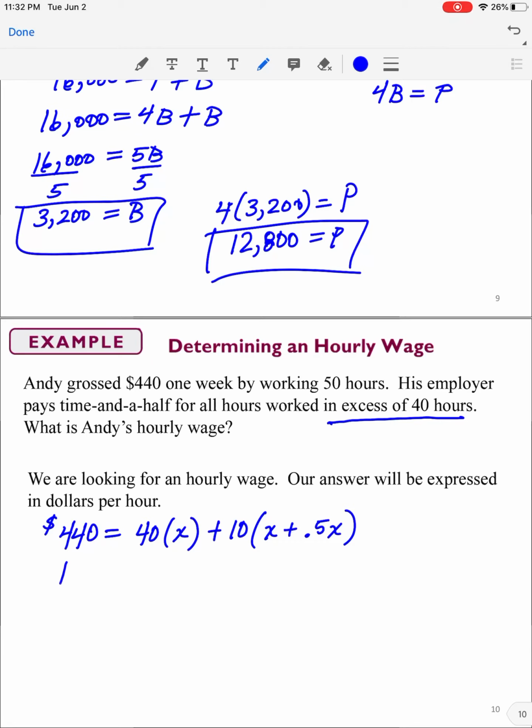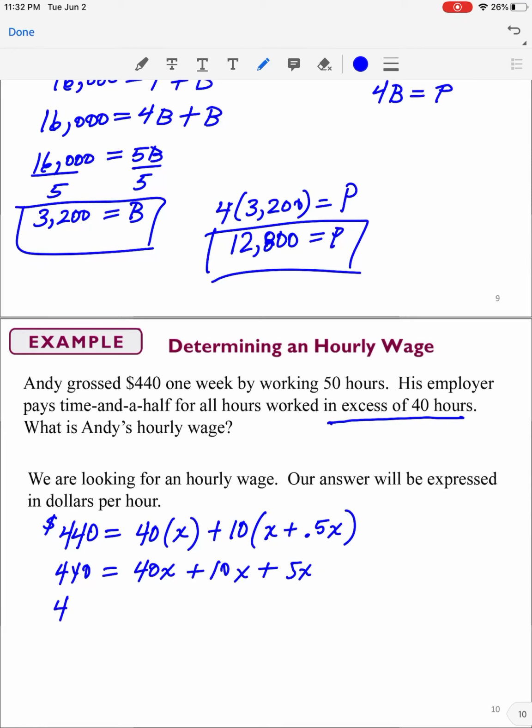All right, so when we go through and simplify all this, we have 40x plus 10x plus 5x,